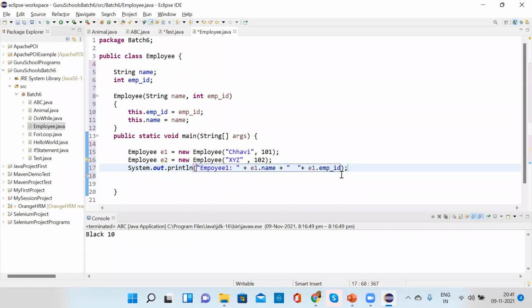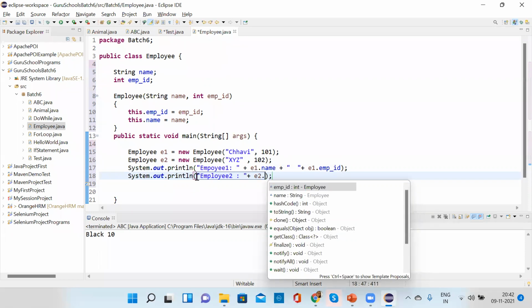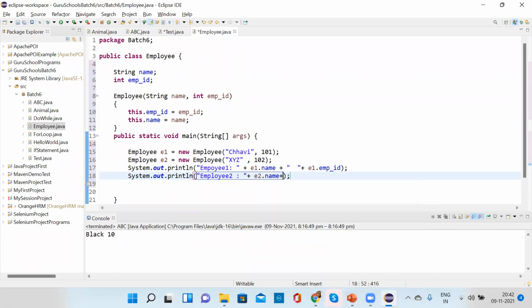Okay. Now again, I want to print for the second employee. So what do I have to do? Same, employee 2, E2, called by the employee 2 object. Correct. So this is like E2 dot name, right?